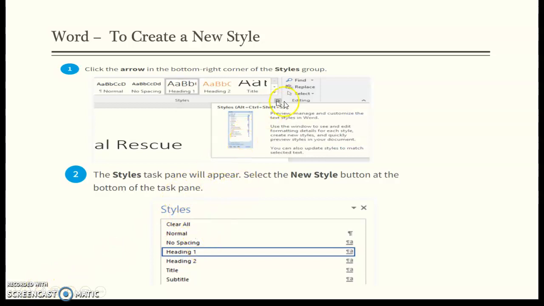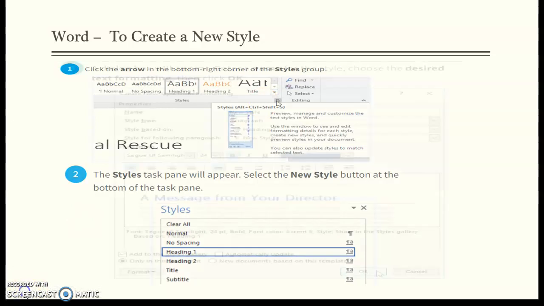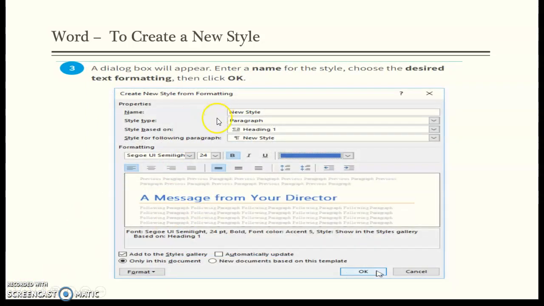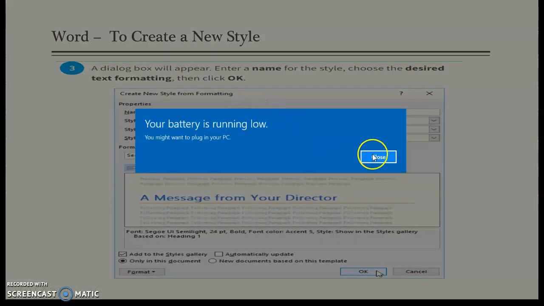Another way you could do it is if you click the down arrow here for styles, you have the styles listed here rather than the down arrow, up arrow here. It's your choice which way you select. So here we have, if you wanted to create your own style, you could choose create new style, and then